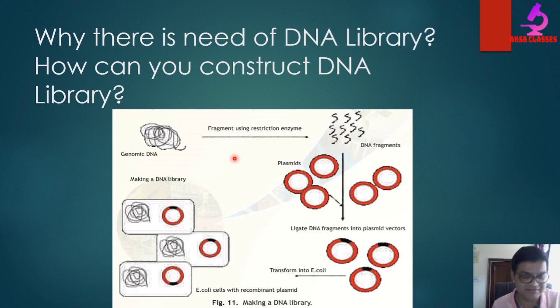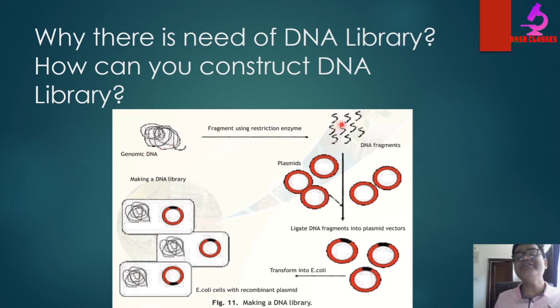So this is the major use if you want to research a particular gene of interest of a particular organism. From where will you get the gene? You can get it easily from the genomic library. So how can you construct a genomic library? It's the simplest way. First, you select the plant or animal or bacteria from where you can expect the gene. Then isolate genomic DNA through a definite protocol, a definite experimental procedure, and after isolation we purify the genomic DNA, and then a restriction enzyme cuts that genomic DNA.